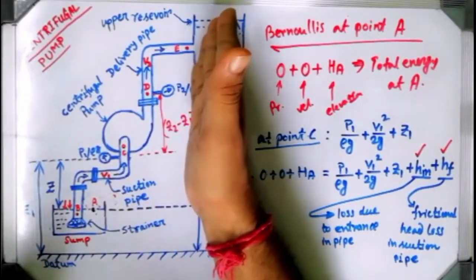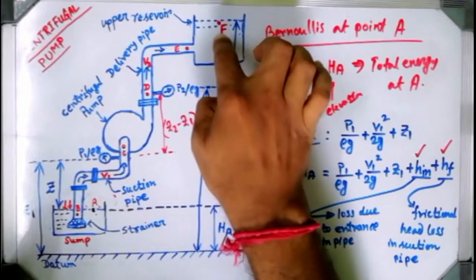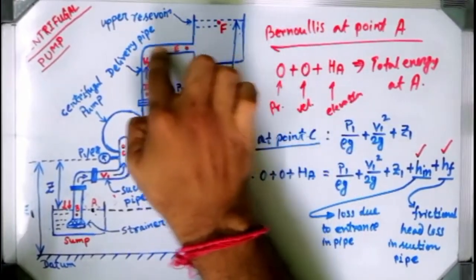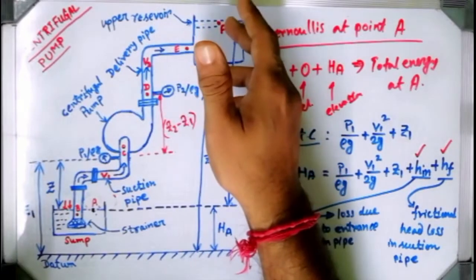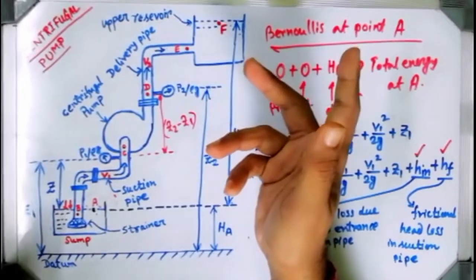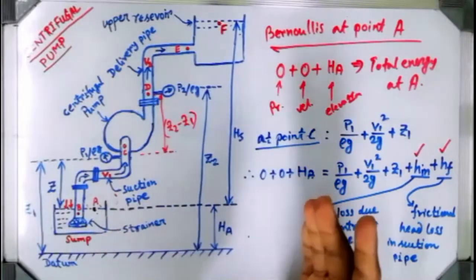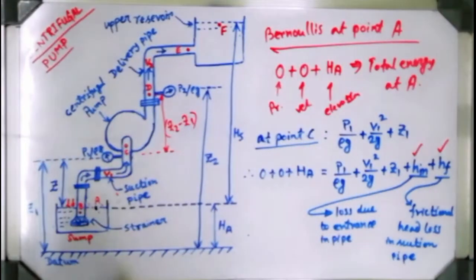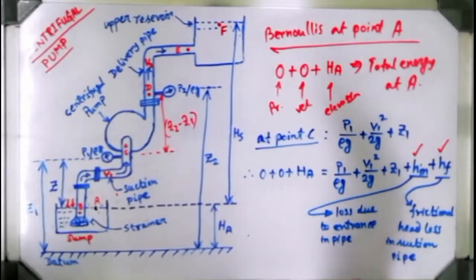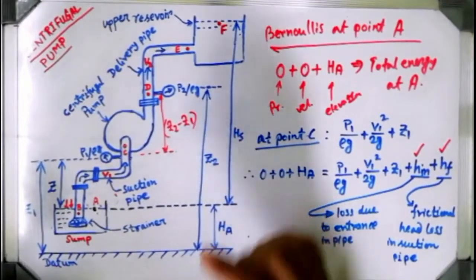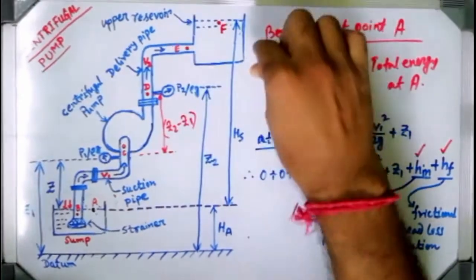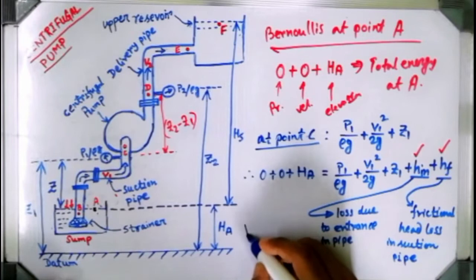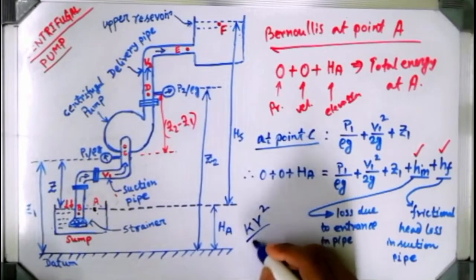Similarly, due to exit also, a velocity change is there, because the liquid at the reservoir has zero velocity and it goes out with high velocity. Always there will be velocity change. Due to velocity change, acceleration will be there. Due to acceleration, some force will be there. Now due to force, some work done will be there. Due to that, some kind of losses will be encountered at this exit of the pipe and this entrance of the pipe, and these losses are given by this kind of expression, k v square by twice g.